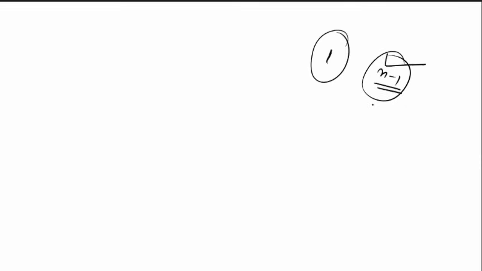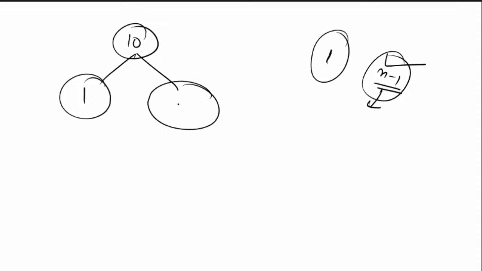Then you make it a complete graph. So like this, now you make it a complete graph. Because you have 10 vertices, you put one vertex here and 9 vertices here. Now you make it a complete graph. So how many edges will be there? The number of edges will be 9C2, and that is nothing but 9 into 8 divided by 2,